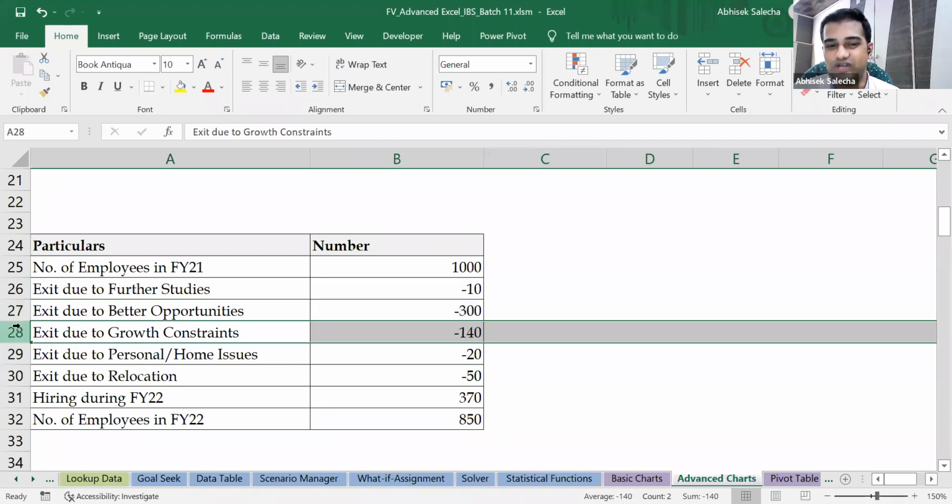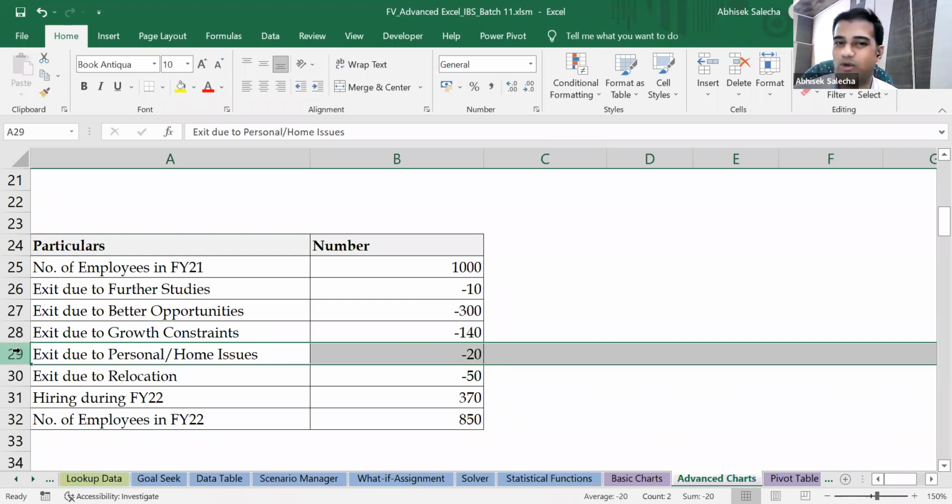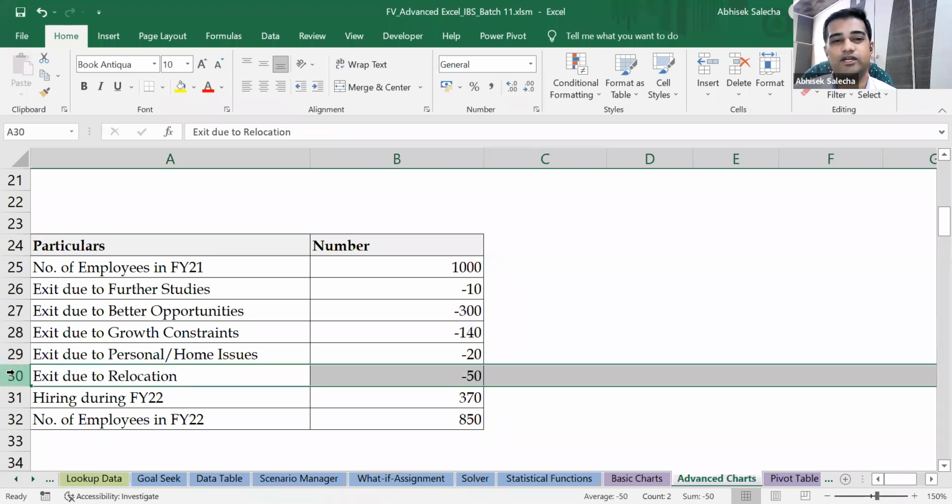Exit due to growth constraints. Again, you're not getting growth in this company and you're getting growth somewhere else, or you don't like the boss. Boss kharab hai. Exit due to personal home issues, definitely boss kharab hai. Exit due to relocation, either you've actually relocated, or